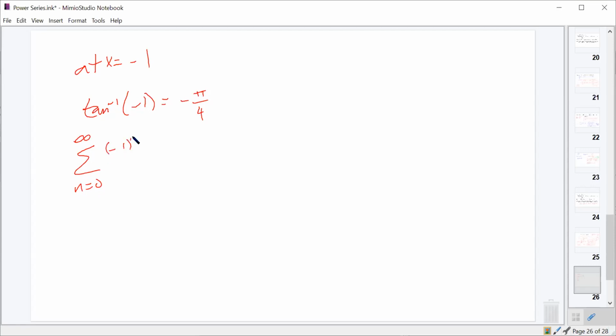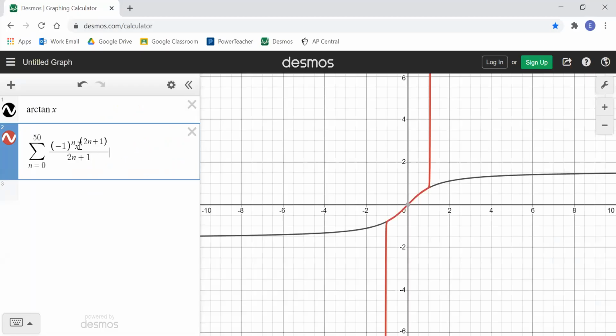So negative 1 to the n, and then negative 1, since we're plugging in negative 1 for x, to the 2n plus 1, over 2n plus 1. And so the question is, does this sum equal negative pi over 4? And I could rewrite negative 1 to the n and negative 1 to the 2n plus 1 as negative 1 to the 2n plus 2 if I wanted to. But I'm not going to bother to, because I'm just going to go over here in Desmos and just replace this x